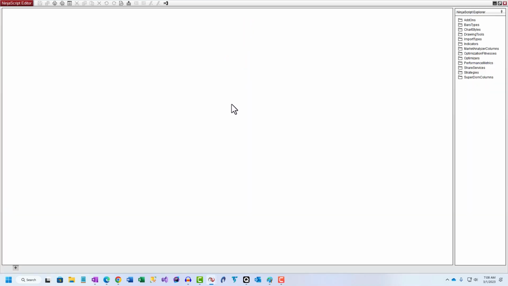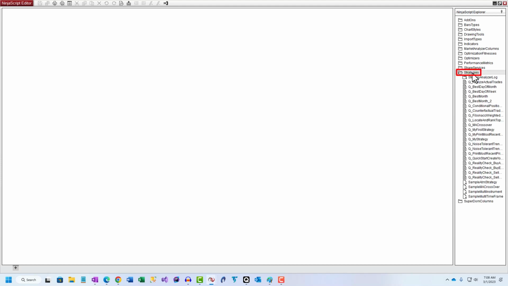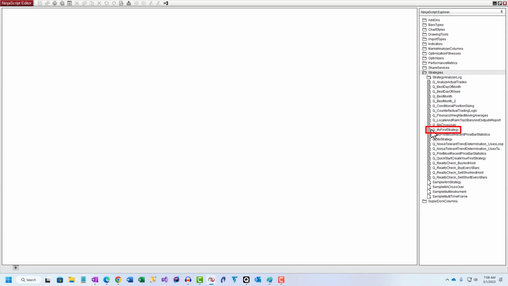You don't need to open your strategy code file from within NinjaTrader 8, but if you do want to look at the code, you will find it under the Strategies folder of the NinjaScript Editor. By default, all NinjaScript strategy code files generated by Quagentia N Edition start with the prefix Q_. Double-click your NinjaScript strategy to open it within the NinjaScript Editor.